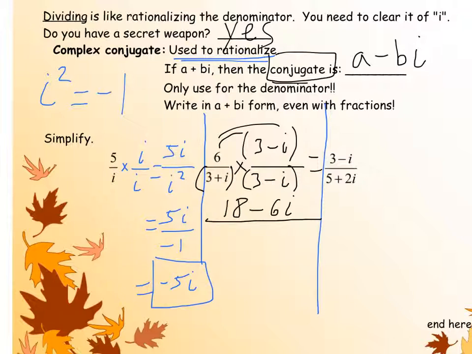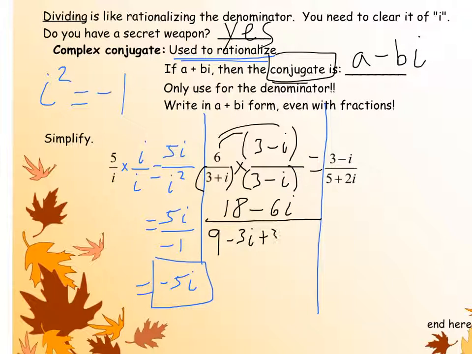Now watch what happens here. 3 times 3 is 9. That's a real number. That's good. I want real numbers only in my denominator. The outer terms is 3 times negative i, which will be minus 3i. I'm seeing i is down in the denominator. That's a little nerve-wracking, but as we move to the inner two terms, it's positive i times positive 3, which is